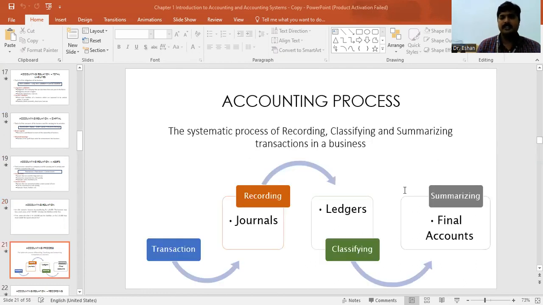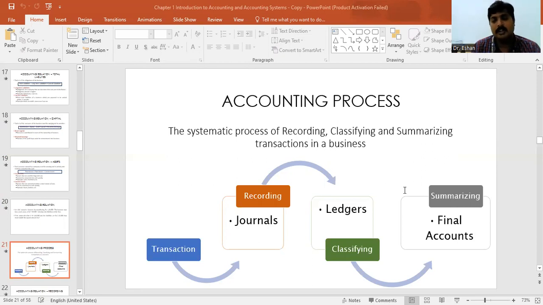One more topic we will discuss today is the accounting process. The accounting process has four stages: transaction, recording, classifying, and summarizing. All the business transactions, even small money transactions, purchasing raw material, selling of goods and services, whatever, each and everything should be entered and recorded in the journal entries, whether it is a drawings account, a personal account, or a bank account. Anybody in the transaction entries, you have to record it.